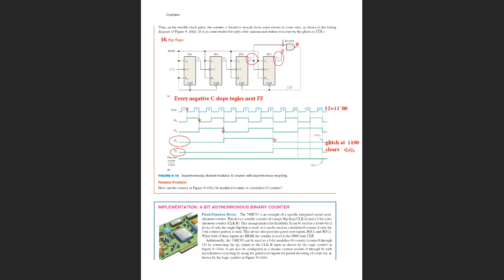So instead of having 12, we have a glitch at the situation when Q2 and Q3 are both 1, and they stop obtaining the number 12, instead we have 11,